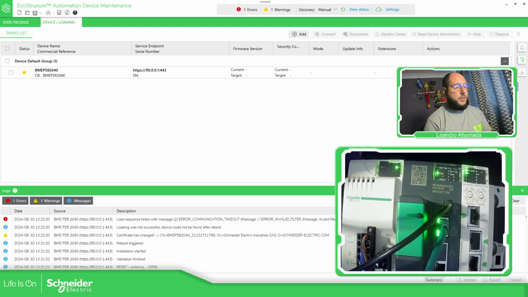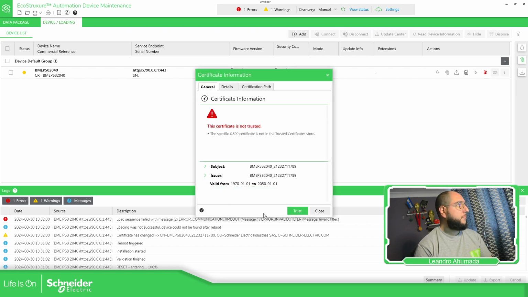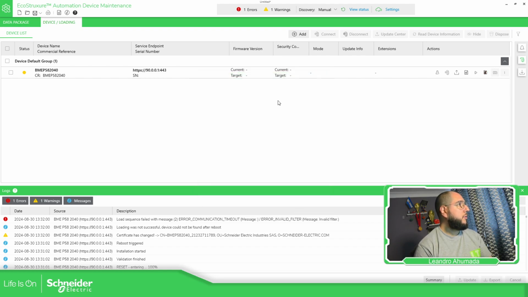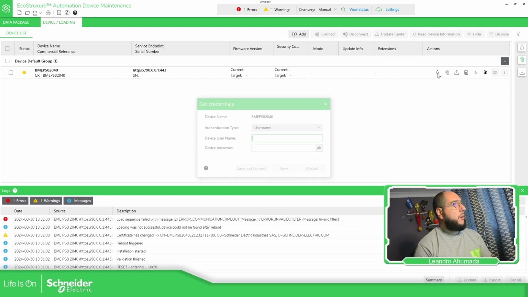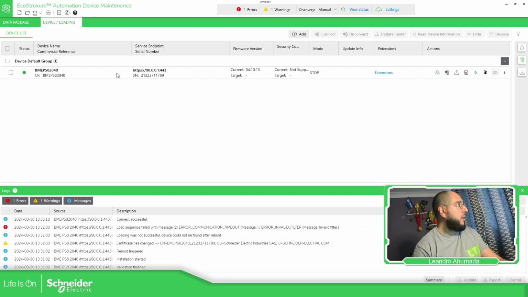We need to validate the credentials. Okay. Trust. Now I'm going to use this one. So it's going to be loader, I believe, and then FW download. So I connect, now ready, and you can see here I have the version 4.10, okay, which is the version